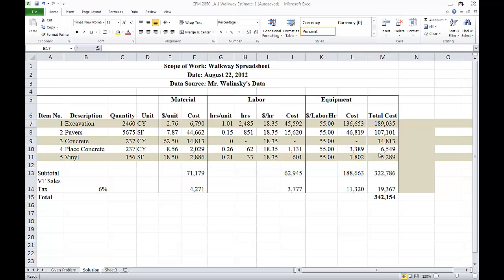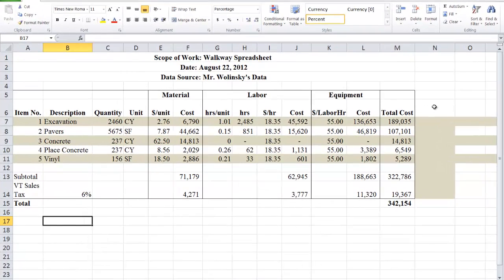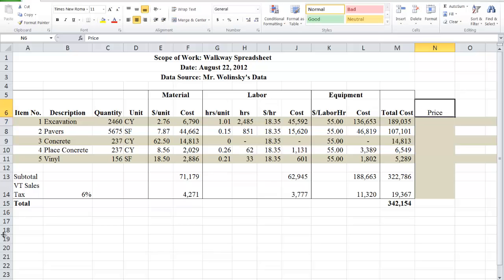And let's say, for example, we don't want to charge the total cost. We want to charge more than the total cost. We want to have a price. And the price is going to be computed by figuring a markup. And I'll put the markup here. Let's say we want a markup of 10%, 0.1,